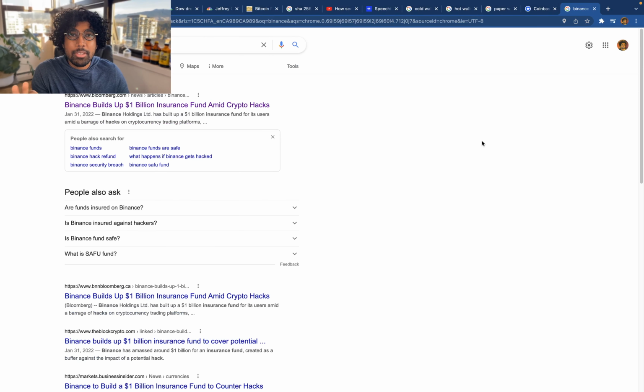So if something happens and your hot wallet, which is on your phone, gets compromised, the situation here is that your private key is stored with the exchange provider. Your private key is held with